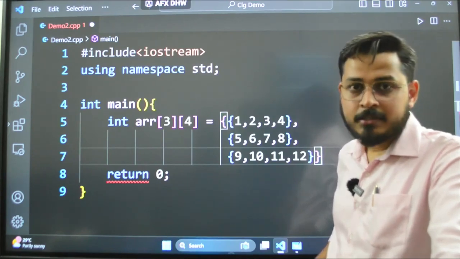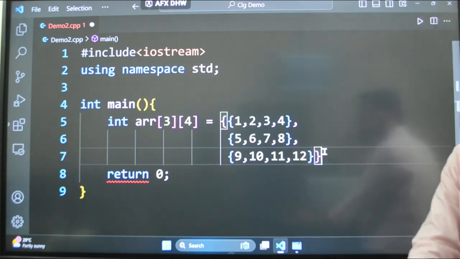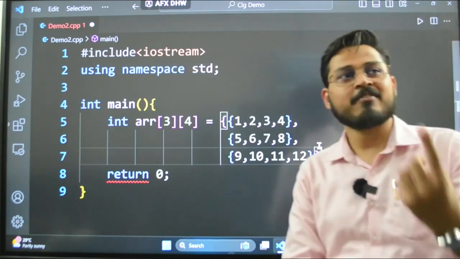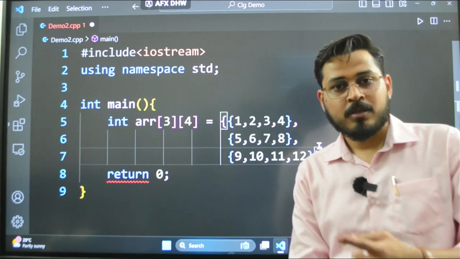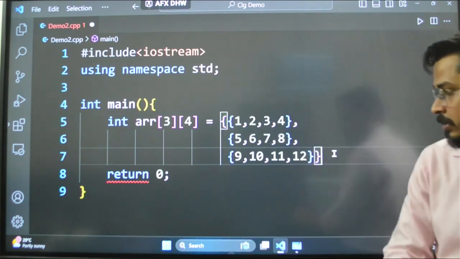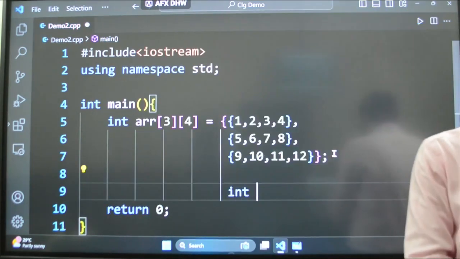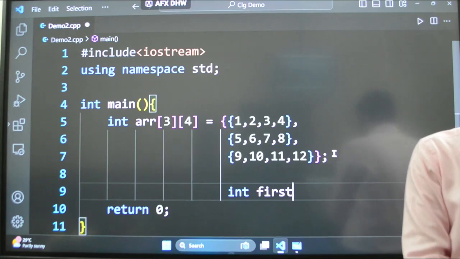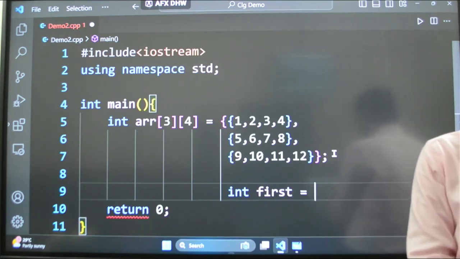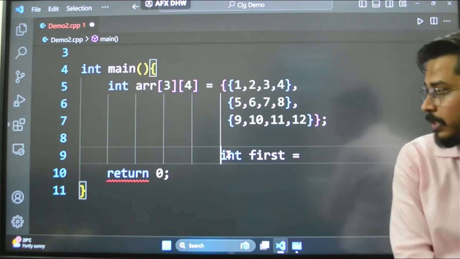All right. So, in this case, if I want to do the same exact thing that I have done with the one-dimensional array, this is a little bit confusing, guys. Okay. So, I said int first equals to, if I want to access the first element, I will write it here.